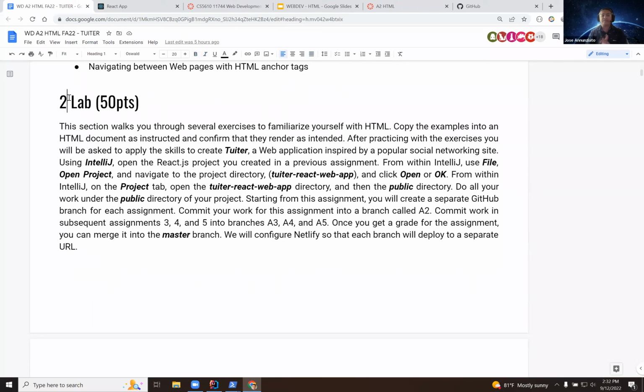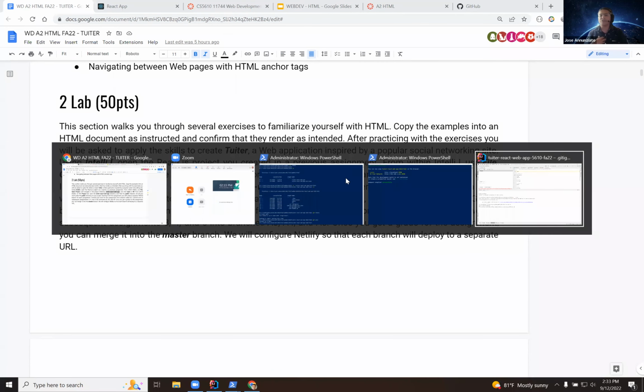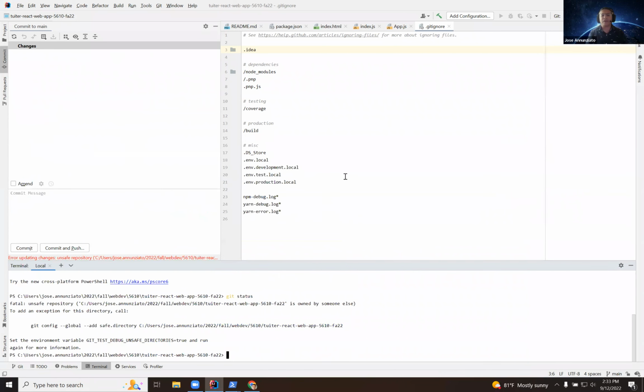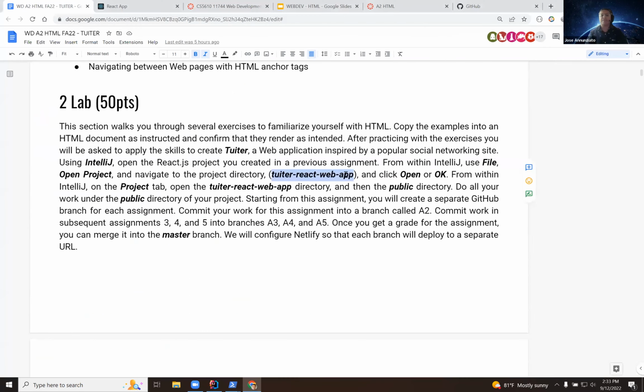So what you're being asked is to keep working on the same React.js application that you started in the previous assignment. We're always going to use the same application for the front end. We'll then switch over to the server side halfway, in the second half of the semester. But for the first half, we're all going to be working in the same Twitter React web app. Now I have my own version, which is called Twitter React Web App 5610 FA22, and it's the same one we worked on in the last lecture. So we're going to keep working in there,